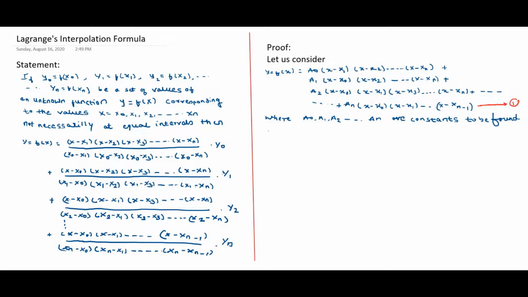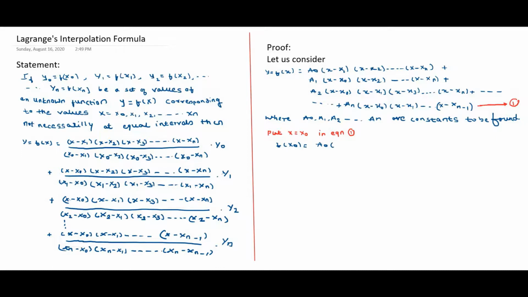Now to prove this, let us put the first value, that is put x is equal to x0 in equation 1. We get f of x0. On the left hand side we have f of x, and substituting x is equal to x0, we get f of x0. Now a0 as it is